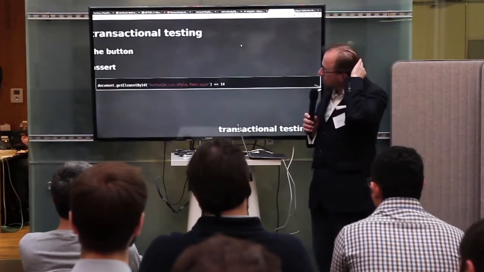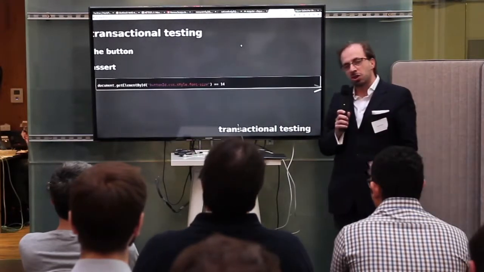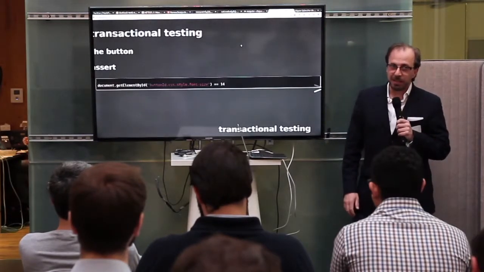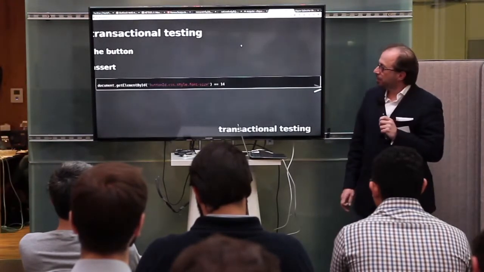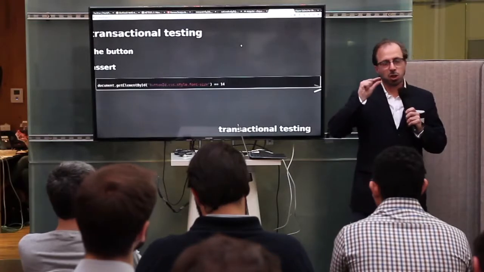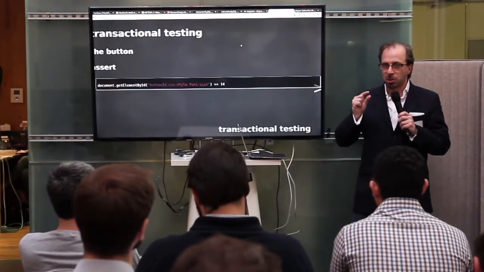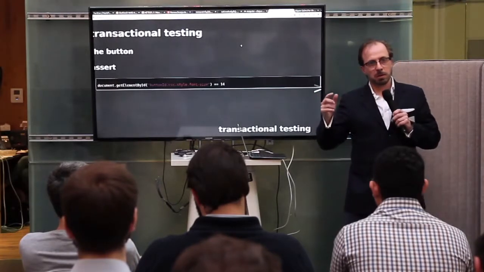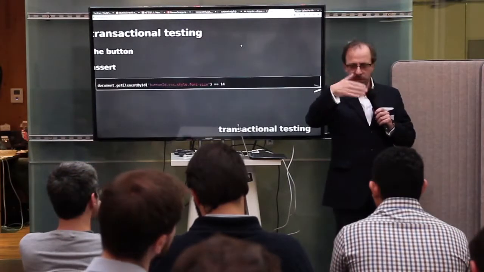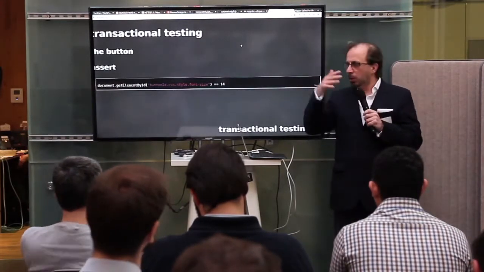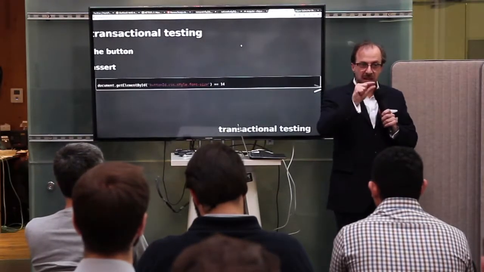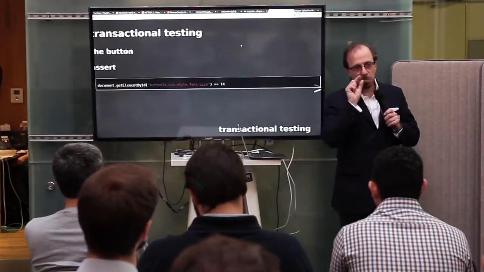So transactional testing, what am I talking about? I'm talking about an alternative to those millions, squillions of pounds that we spend on doing that. And it's a really, really dumb simple idea. The simple idea is that you just make a tiny, tiny test just around the change that you're making to the code. And what do we do normally? When we change something, we go and write a test to test that everything around it works, right? That the whole flow of the thing works. But my idea is to say, no, don't do that. Just test the bit that you're changing. Only the bit that you're changing.